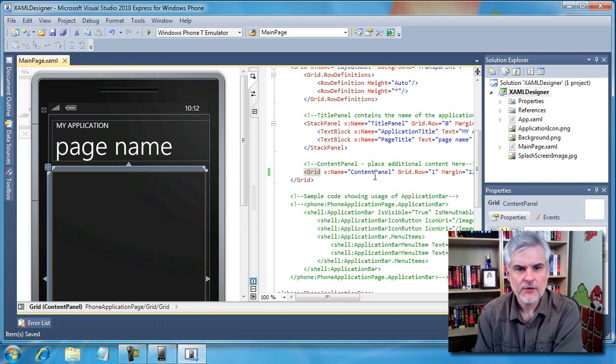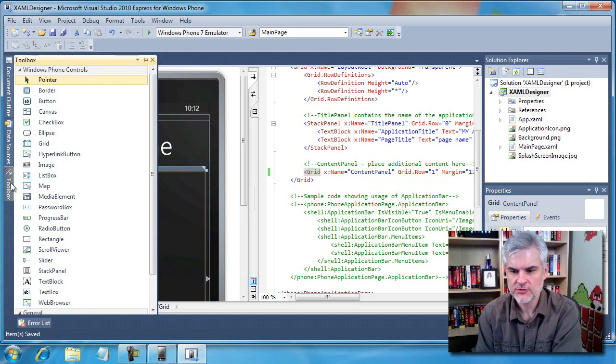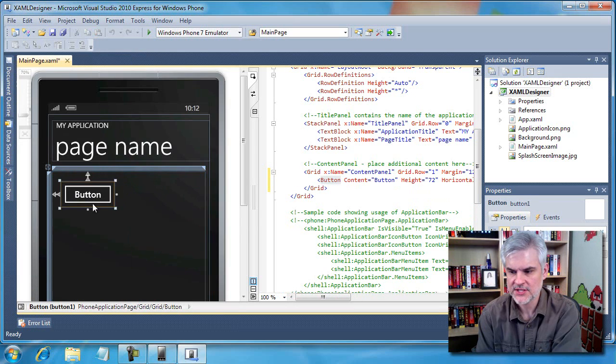So I've already pointed this out earlier in today's lessons, but to reiterate, whenever you drag and drop a control from the toolbox, like we're doing right now, and drop it on the design surface, what happens behind the scenes is that it's generating XAML code over here in the code pane. You can see here we just dragged and dropped a button, and so it created this XAML code to define